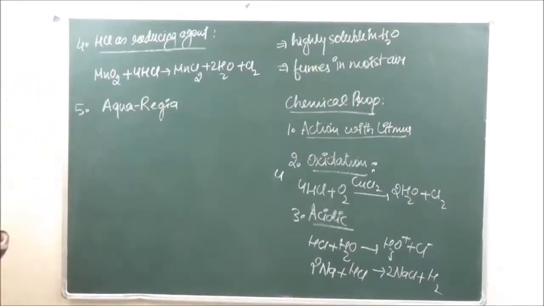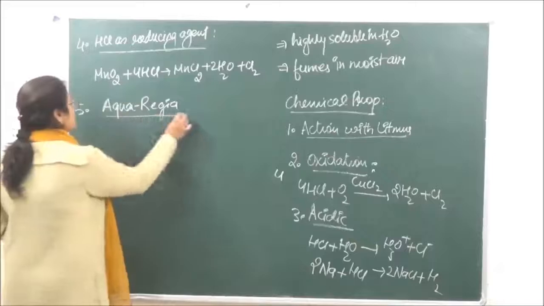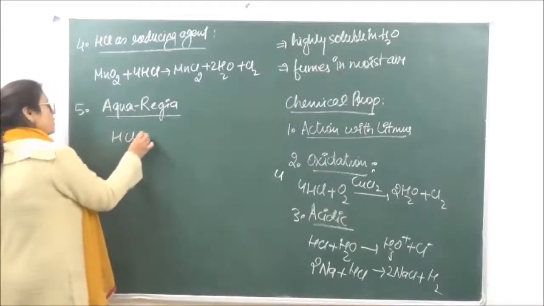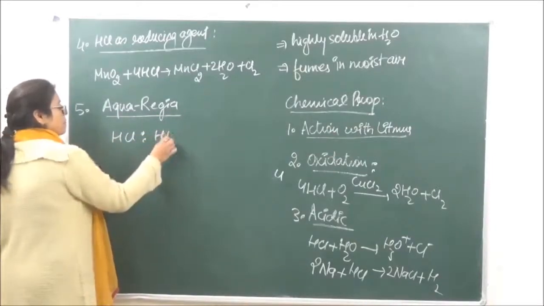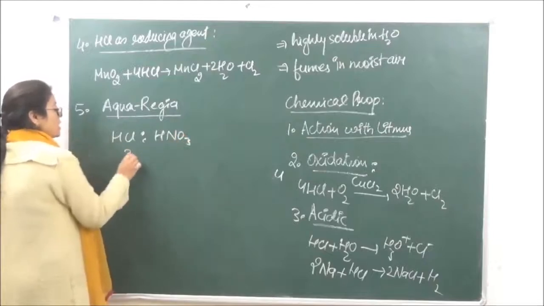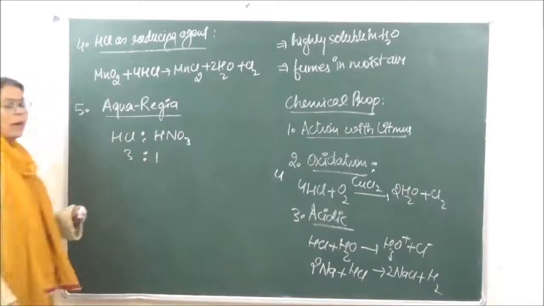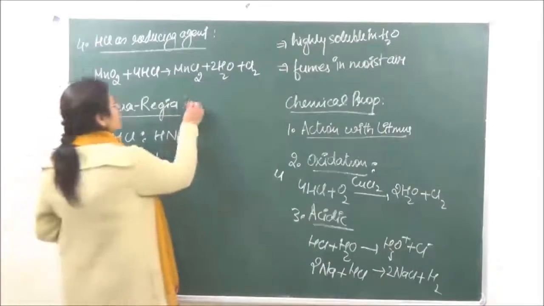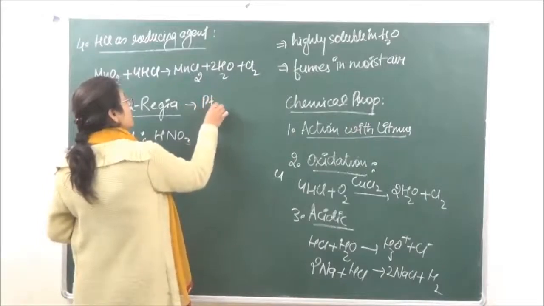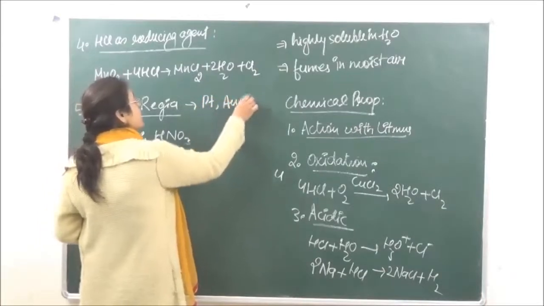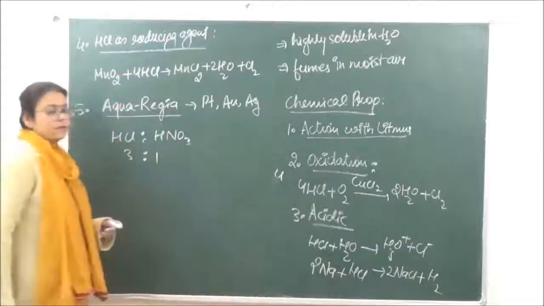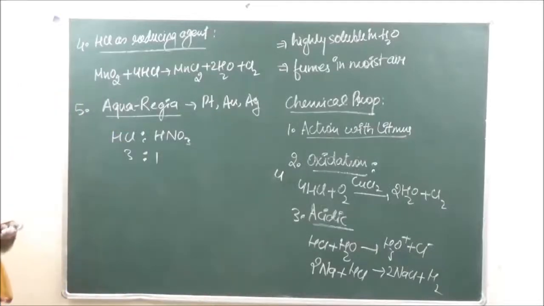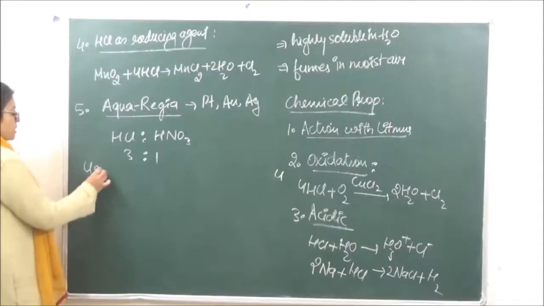Aqua regia क्या होता है? It is a combination of HCl and HNO3 in the ratio 3:1, and this is a solution which is used to dissolve noble metals like platinum, gold and silver. ठीक है? Aqua regia. Then what are going to be the uses of